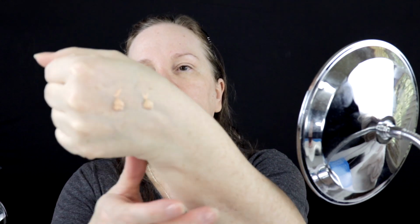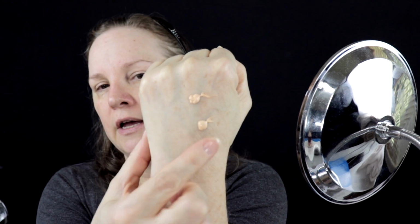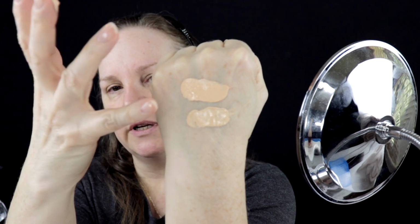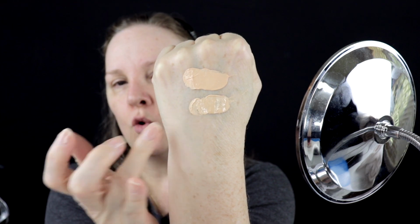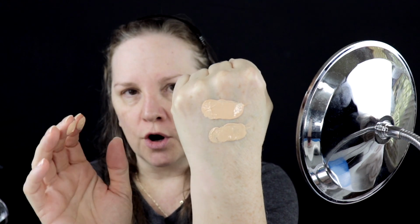But let's go ahead and swatch. This is Snow, and this is Swan. You're going to see that one is a little peachier than the other. Okay, so this is Swan and this is Snow. So not a huge, gigantic difference, but this one is a little bit, I would say, neutral, cool. This one is definitely more like a neutral, warm. They're both for light skin tones, and they work. Both of them work fine. As a matter of fact, I probably will just mix these together